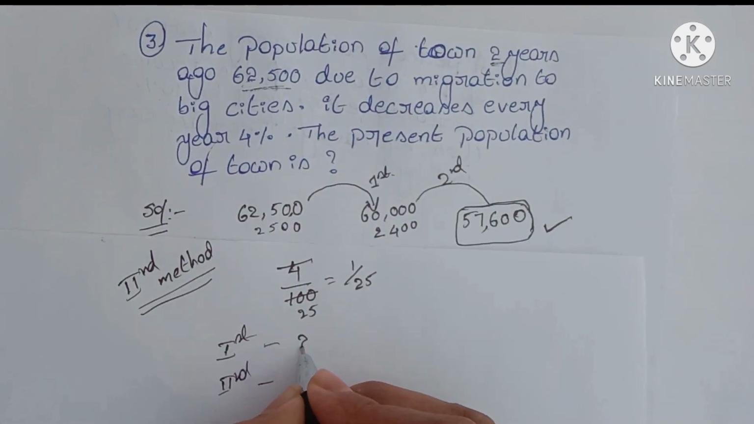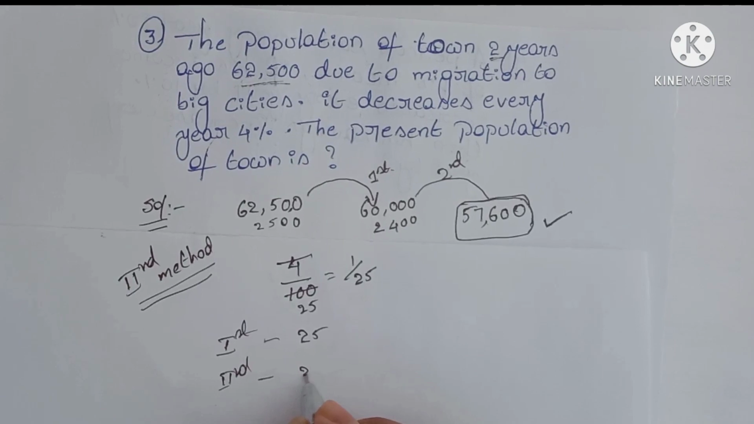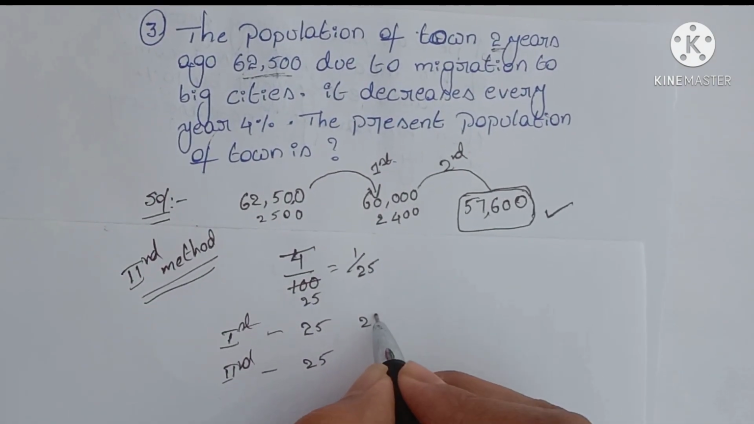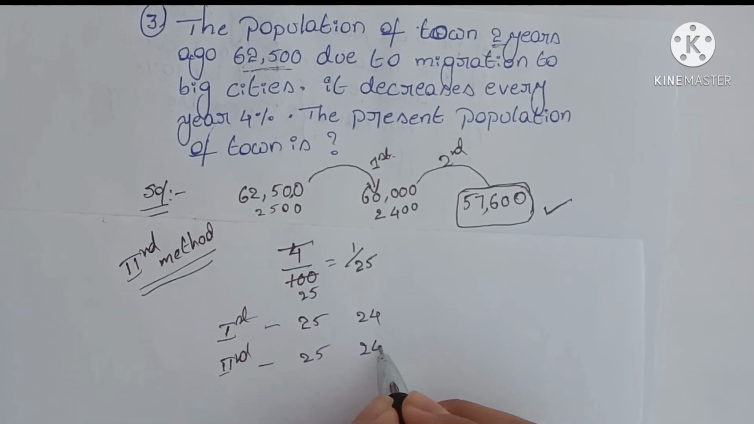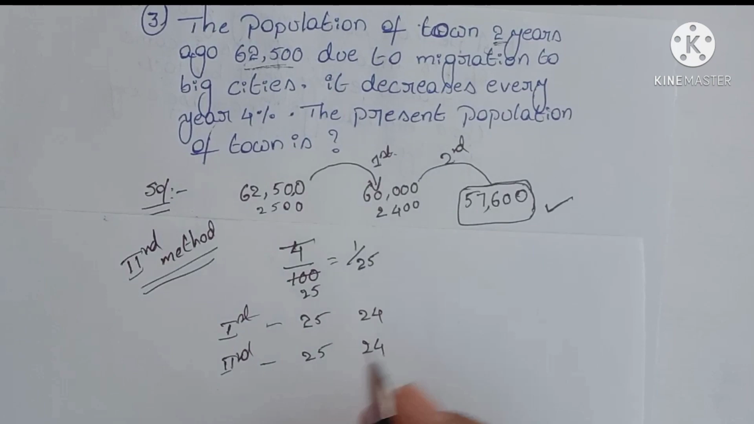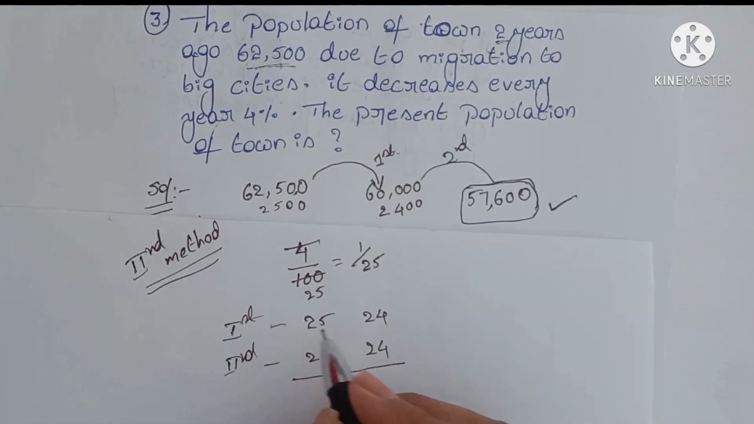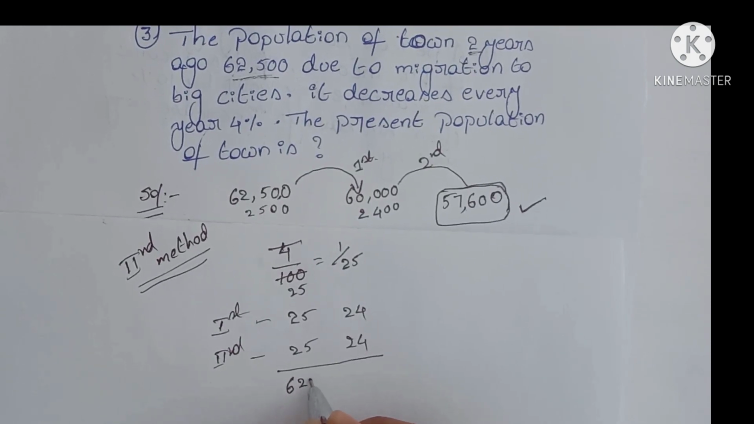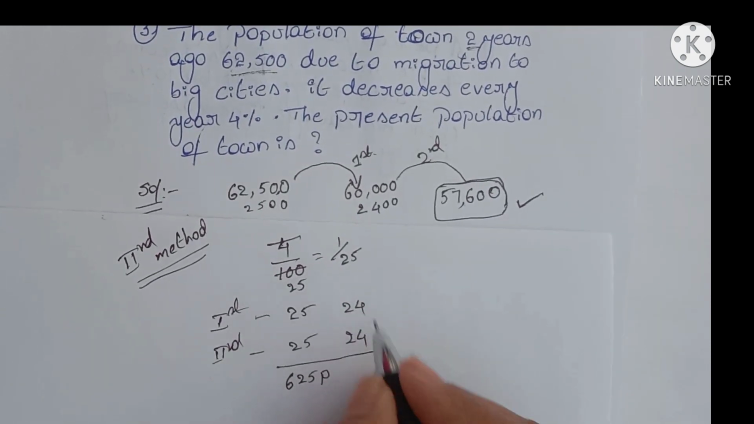Original it is 25 parts. Again it decreases to 24 parts. How do we get this 24? 25 minus 1, 24, right? 25 into 25, that is 625 parts. 24 into 24,